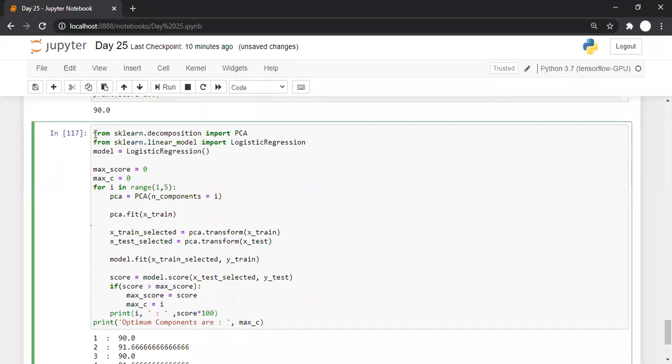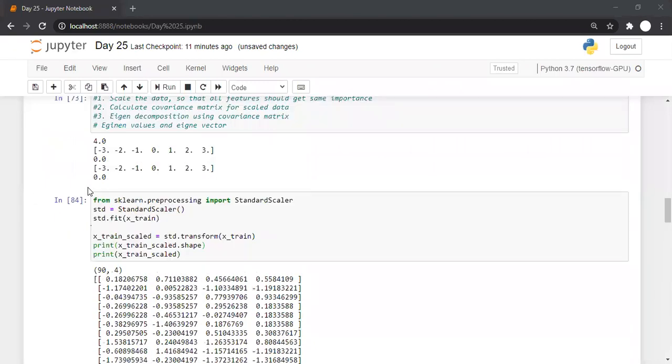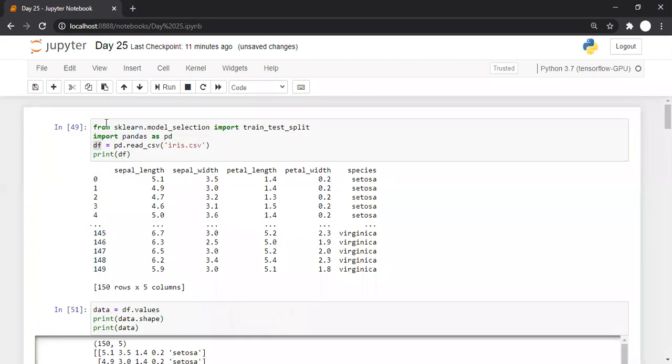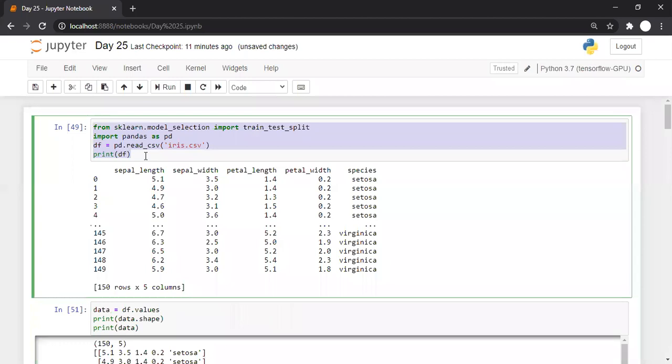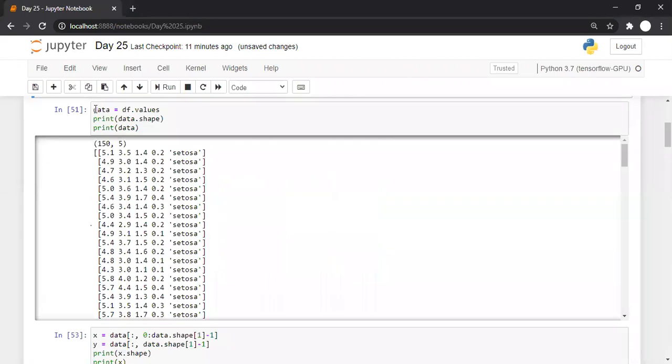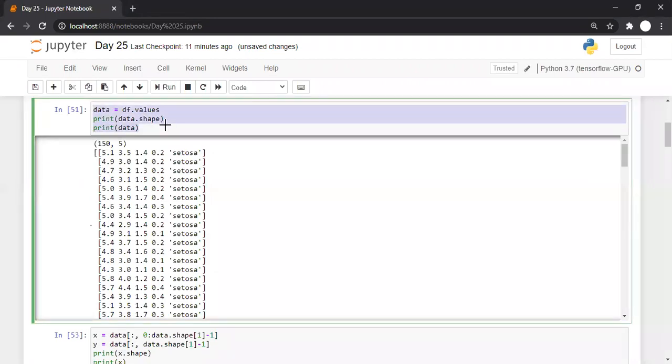Any doubt class till this point? So no doubt. Good. So let me copy paste this data for your reference in a group. First part, reading the values, then shape and all.